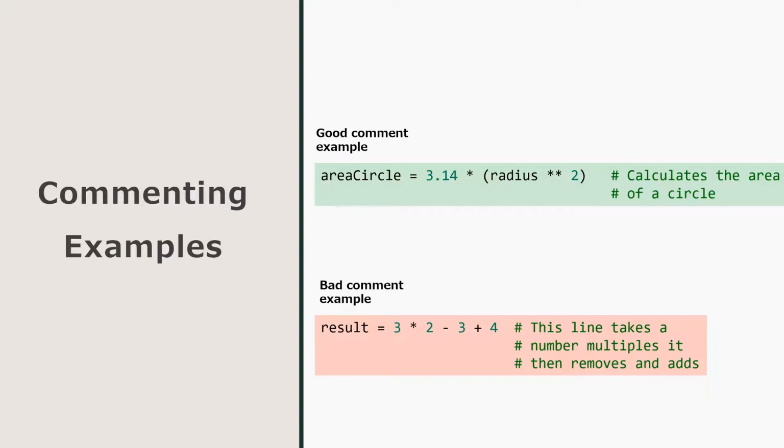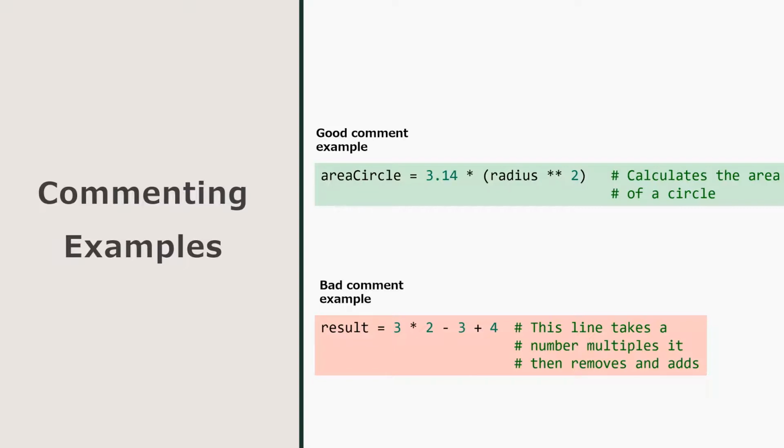So if we do radius asterisk asterisk 2, that's the same as radius squared, or radius to the second power. That's an example of some of those extra operators that you're going to be seeing later on during the course, and while you do your own research, which we always encourage. Then on the right, it says calculates the area of a circle. Now, if you don't know that this formula is the area of a circle, that comment would be very useful